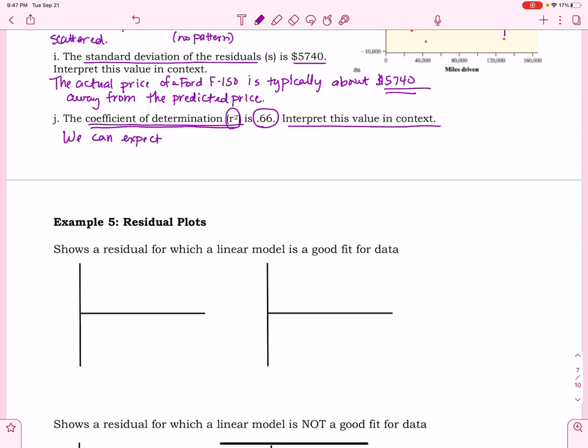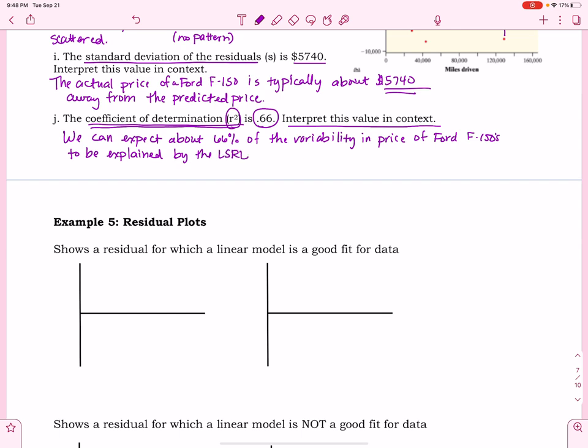So what it means is we can expect about 66% of the variability in price of Ford F-150s to be explained by the LSRL with x being miles driven. In other words, I can attribute